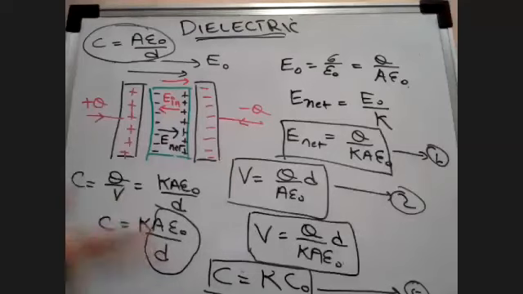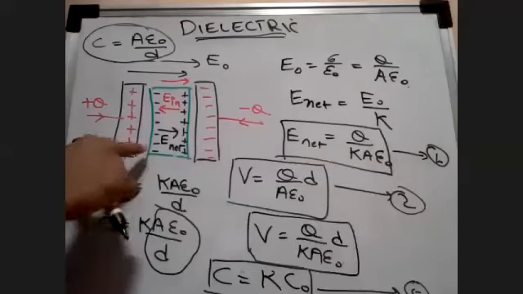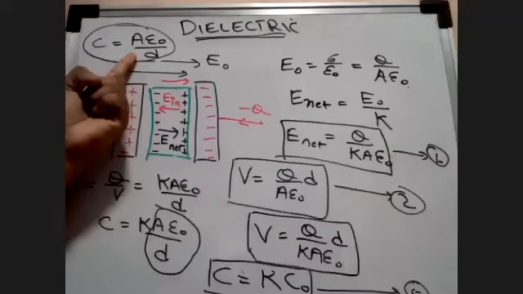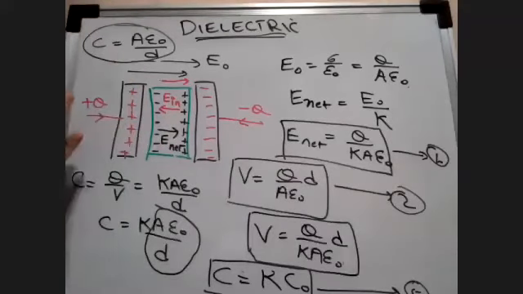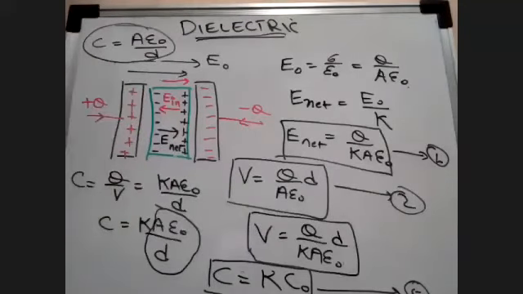What are we trying to find out here? It's basically what happens to the magnitude of capacitance just because of a dielectric. After putting the dielectric, we come to know that capacitance increases by K times. C naught is basically the capacitance of a normal capacitor, without any dielectric. We had derived the equation that C is equal to A epsilon naught by d.